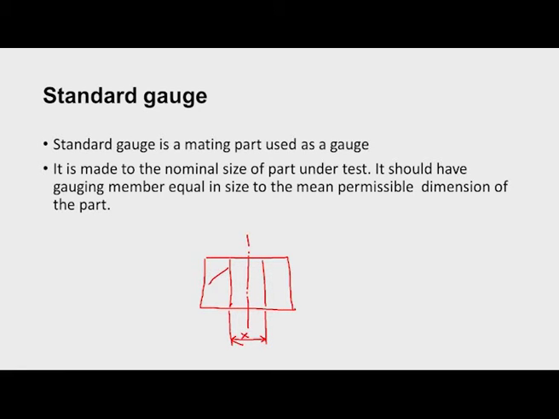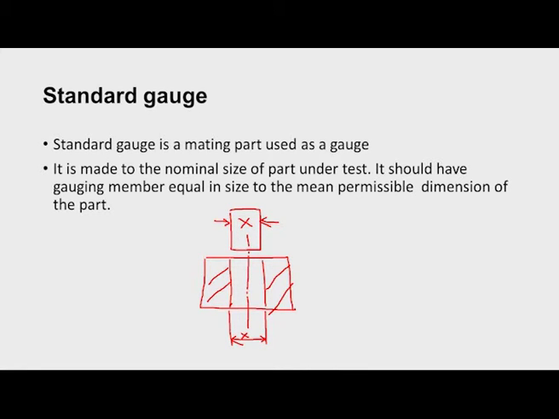Now, there will be a mating part for this particular hole, a shaft, again with the same mean size. So, the mating part itself is used as a gauge to check whether the hole is proper or not, but in actual practice what we check using limit gauges is whether the workpiece is within the allowable limit. Some tolerance is given to the workpieces and there will be an upper limit and a lower limit for the workpiece. So, that status we have to check.